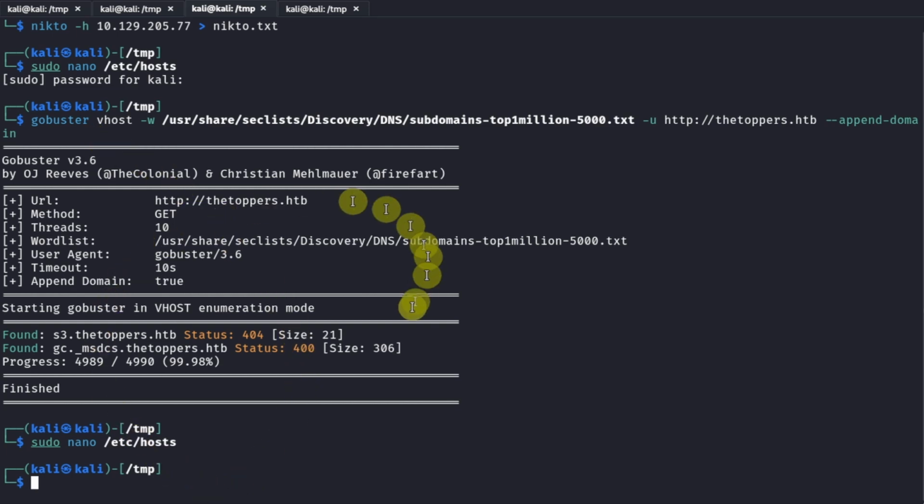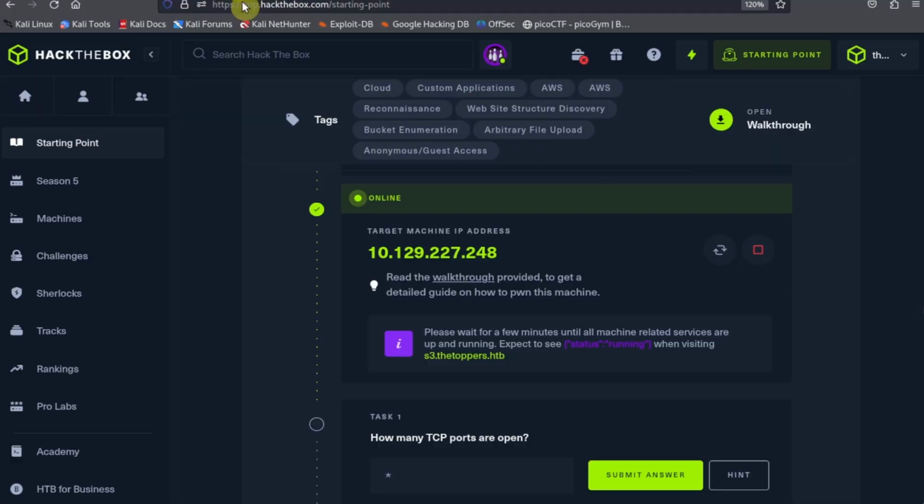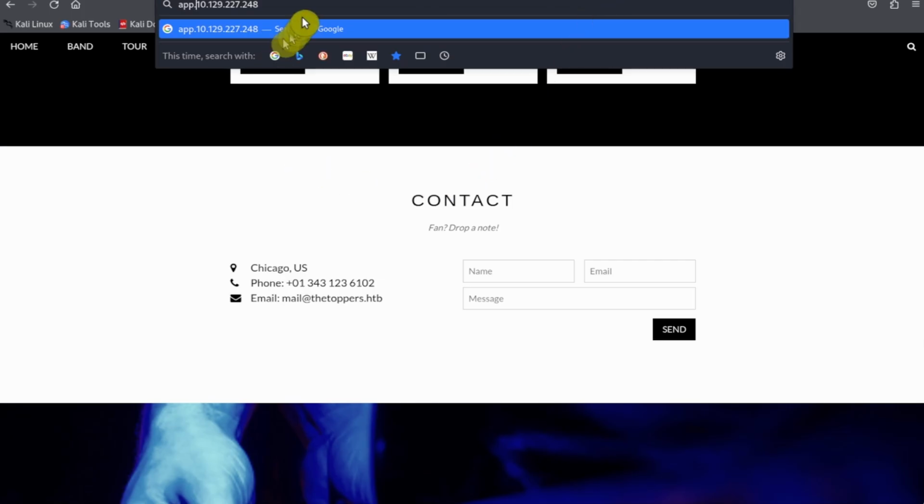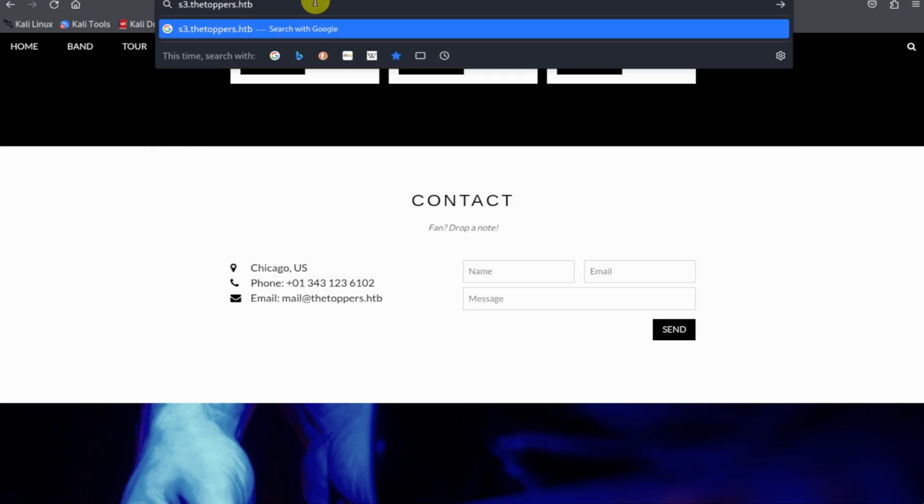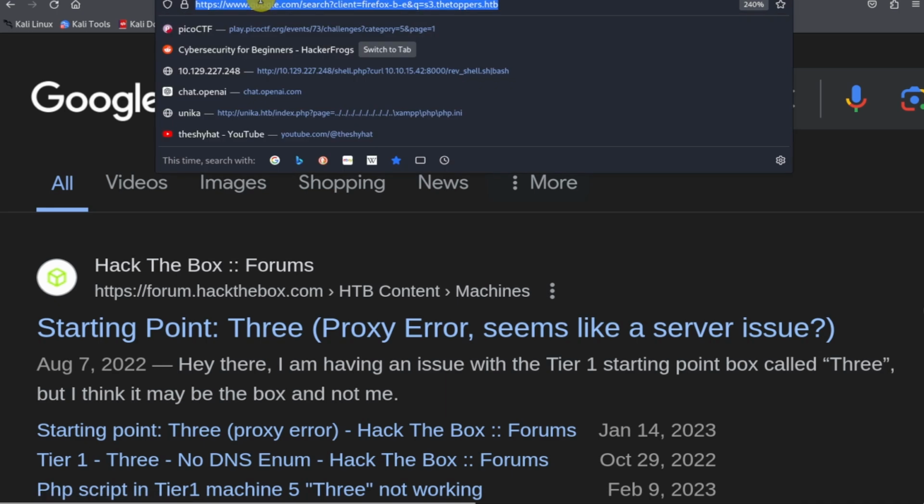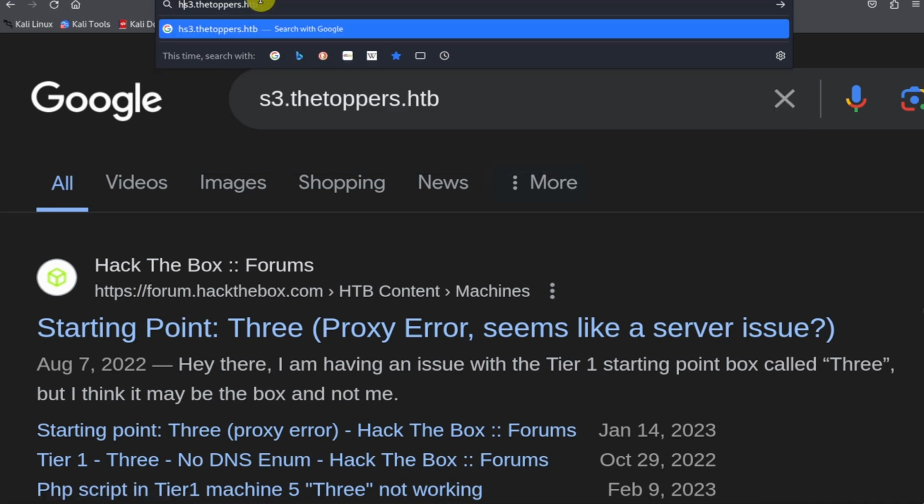And then we can try to access this subdomain through the web browser. So in the web browser, we go to the Toppers website, and we can do s3. Actually, I copied it. Okay, so it's s3.thetoppers.htb. Okay, so we access this. Whoops. We have to specify HTTP. Okay. So it says status running. Okay, so this right here indicates